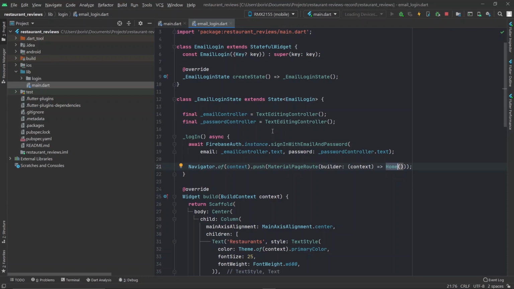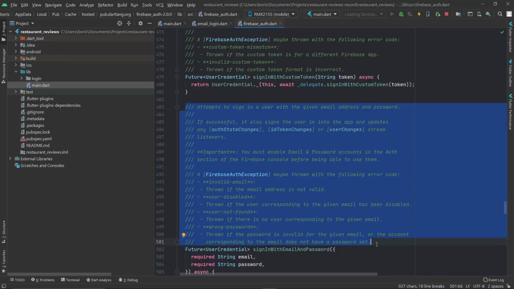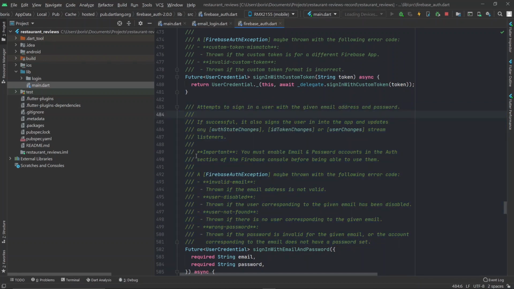But what happens if this fails? What happens if signing in with email and password fails? How do we know that the user is not logged in and they need to try again? Well, let's go into the definition of the sign in with email and password method. And here it's very well documented what happens in certain circumstances. So let's read this